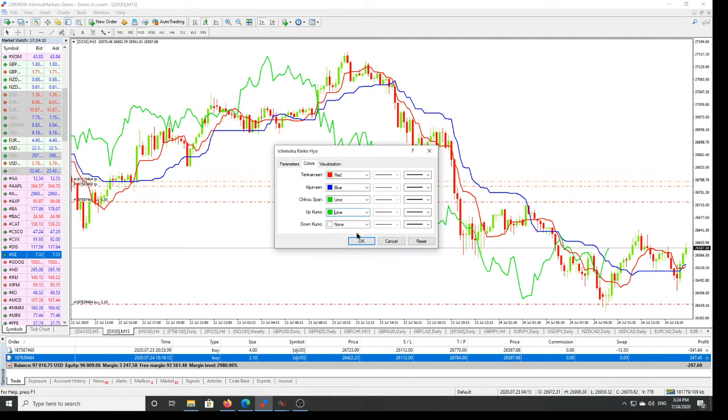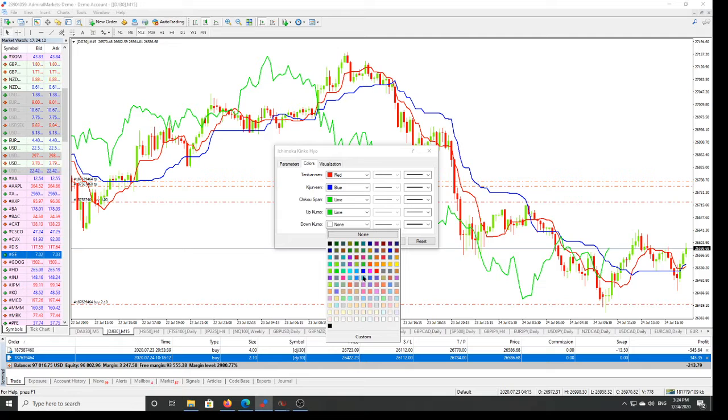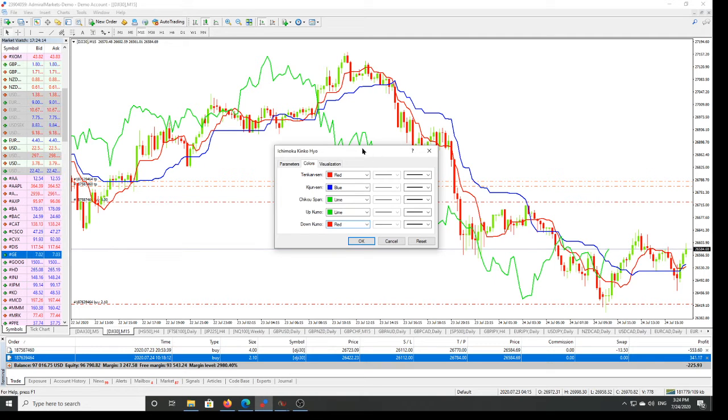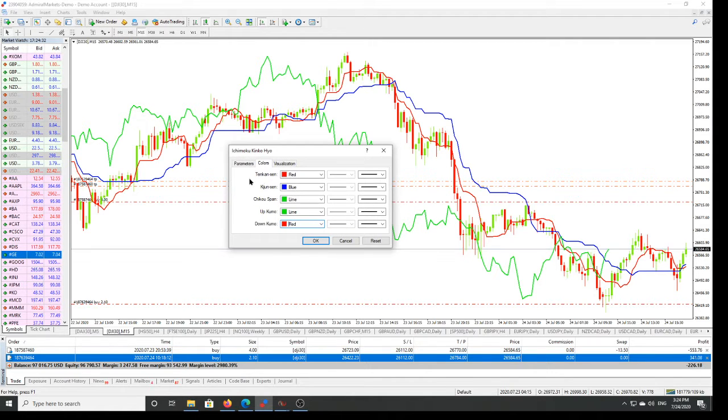So this is the up Kumo, green, and the down Kumo will be red. So these are the parameters of Ichimoku. Ichimoku was developed by a Japanese, but I don't want to go into the history of Ichimoku too much. I just want to talk about the use of it, the parameters, what you need to know. So the Tenkan is the red